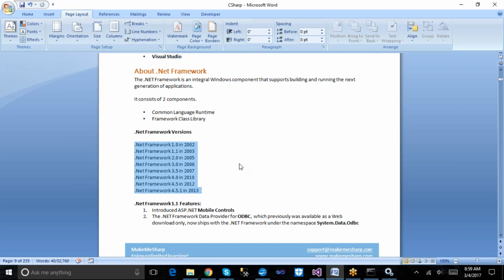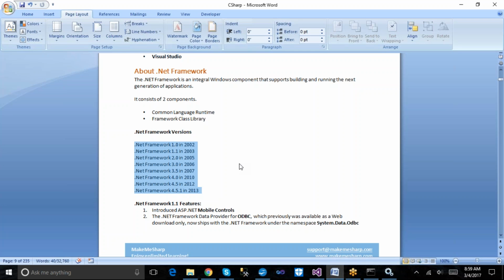Microsoft continuously improves .NET so that it stays up to date in the market and competes with other competitors.